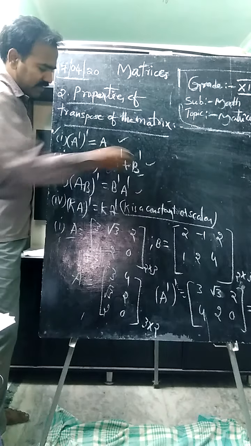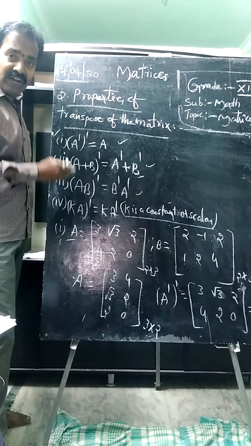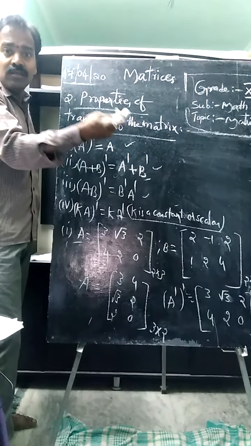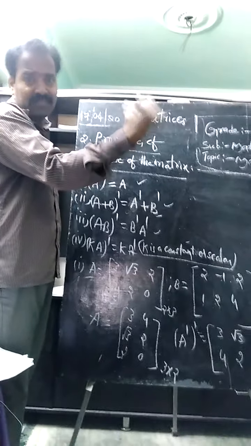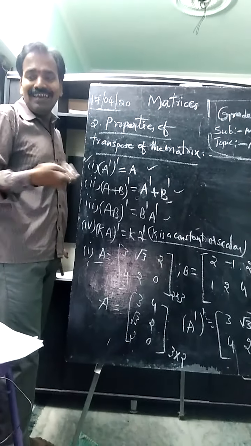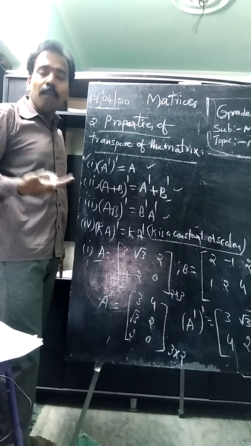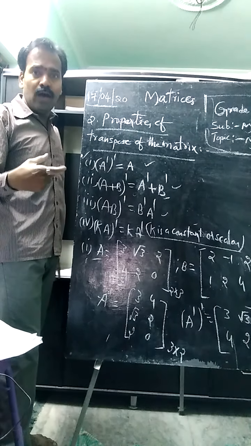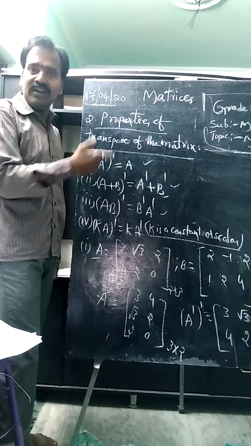We can prove the rest of the properties similarly. We will discuss till the second property. The rest we will continue in the next class, as well as symmetric matrix, skew symmetric matrix, and inverse of a matrix if it exists, and some more applications. We will continue the concepts on transpose of a matrix.